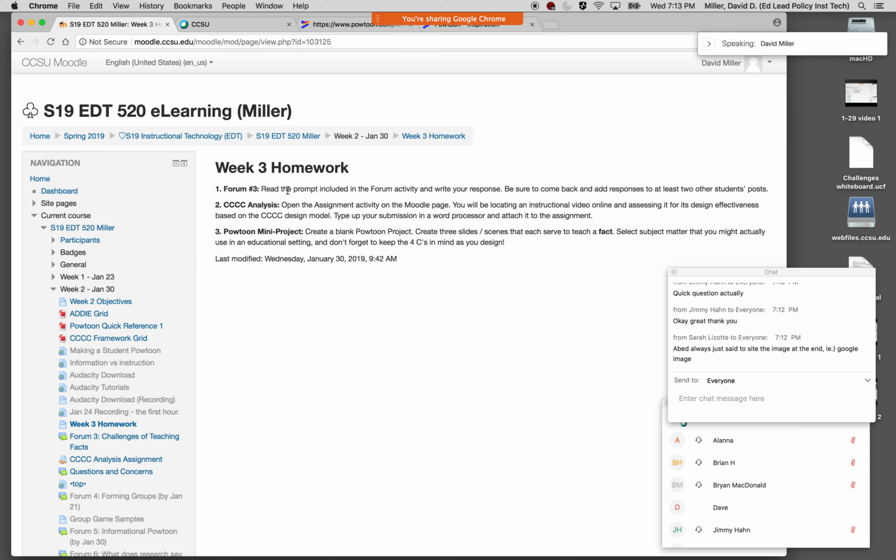So there's a forum. One of the things that we're going to focus on over the next few weeks are the particular challenges and approaches to three different types of content or instruction. So we're going to be looking at instruction for facts, and then we're going to look at instruction for concepts, and then we're going to look at instruction for higher order thinking skills. So for next week, the forum,